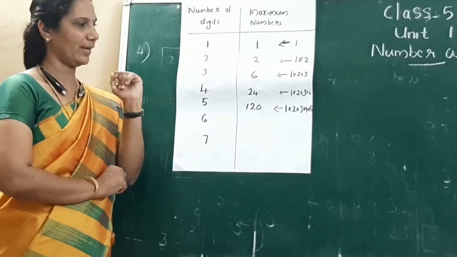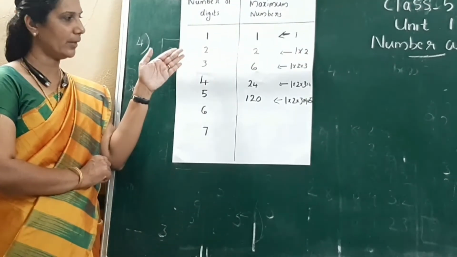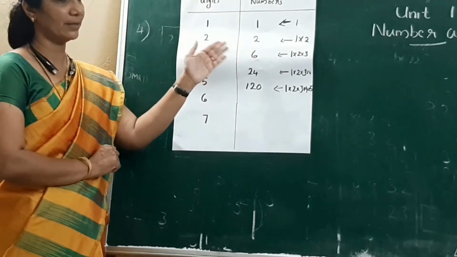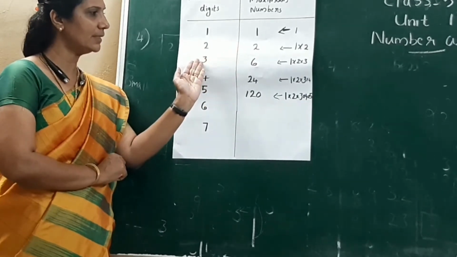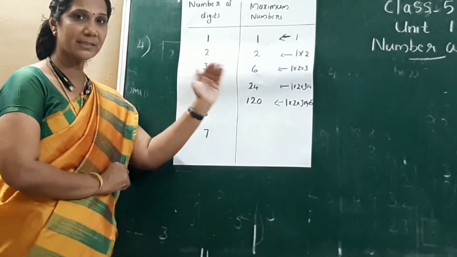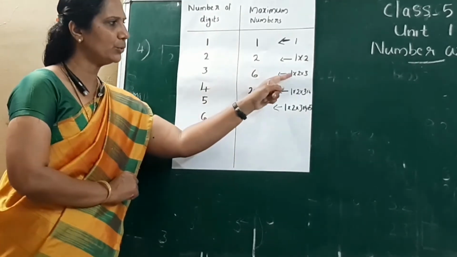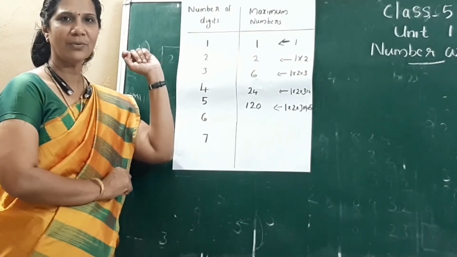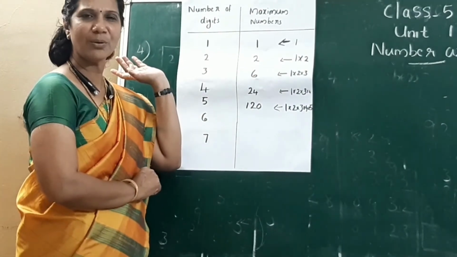Understood all of you? Okay. Now in the third problem, how many digits? Okay, you have 3 digits. How many numbers are there using those 3 digits? Using those 3 digits, we get 6 numbers. And we can write that 6 as 1 into 2 into 3. Is it correct now? 3 into 2, 6. 6 into 1, 6. Clear, all of you?